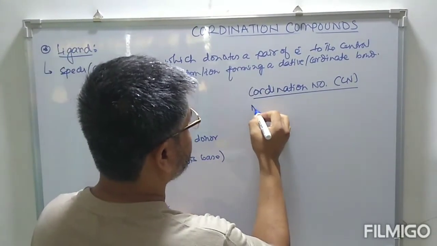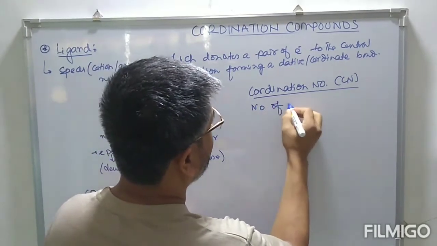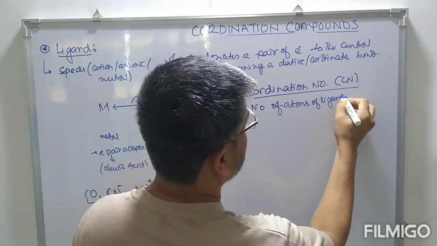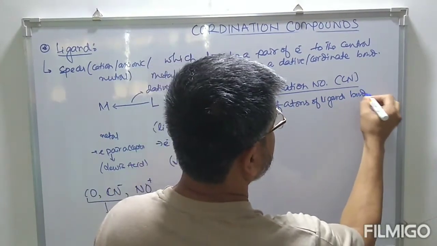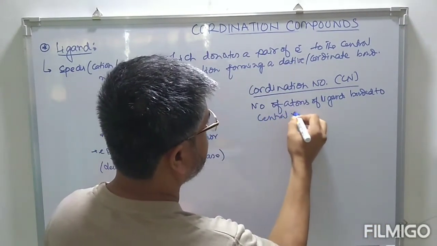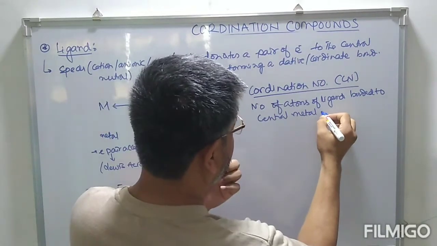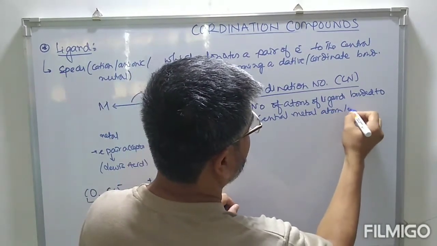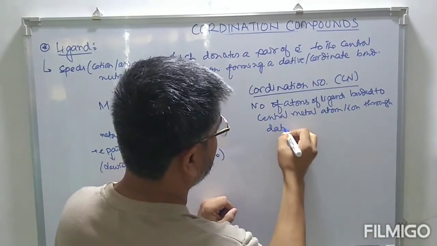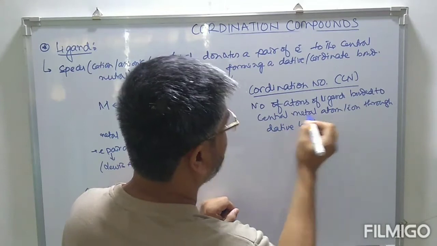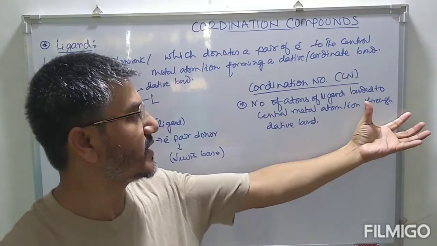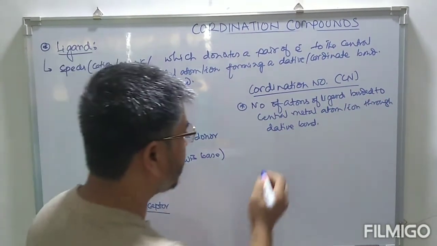So the definition is: number of atoms of ligand bonded to the central metal atom or ion through dative bond. So actually how many atoms of the ligand are bonded to the central atom,